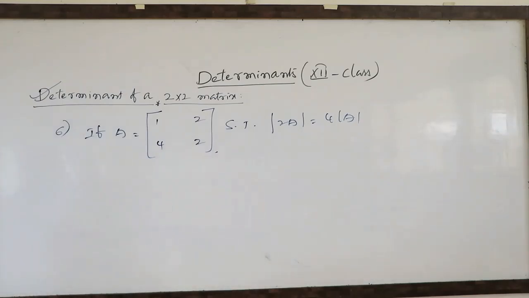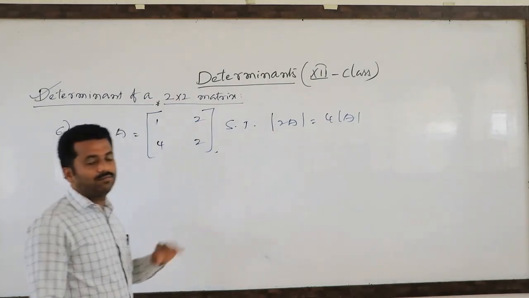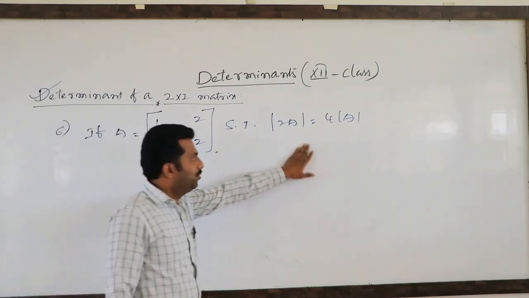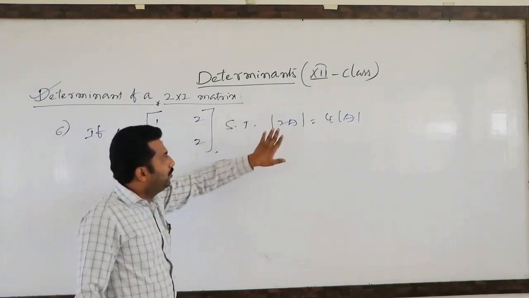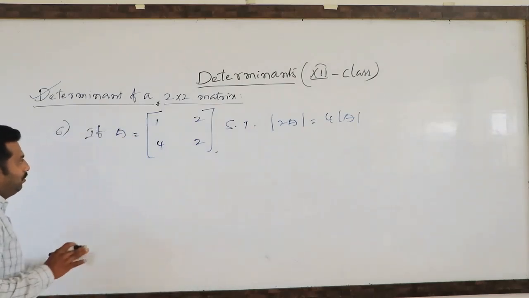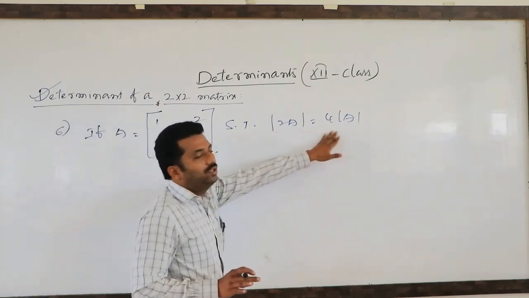Actually, one property will come in the determinant, later I will tell you. Maybe in the next concept, in the next exercise it will come. So one of the properties of determinant will be there. If I tell the property, it is a simple answer. But we don't know that property now, so we have to write only according to this procedure.